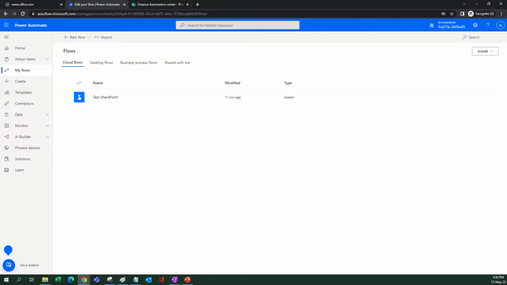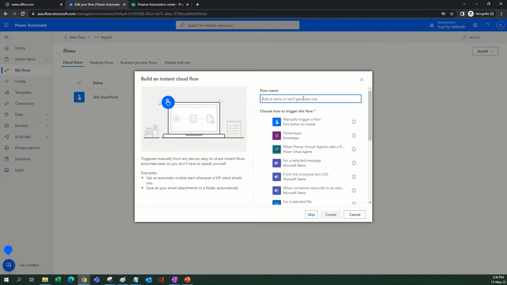To create a new flow for the automation activities, just go ahead and create a new instant cloud flow. Before really creating this cloud flow, what I would like to explain is that in this section, we will try to create an automation flow which will be triggered every time there is a new email from someone to the inbox of this user. And for this, we need to create some trigger, right? So let's name the flow